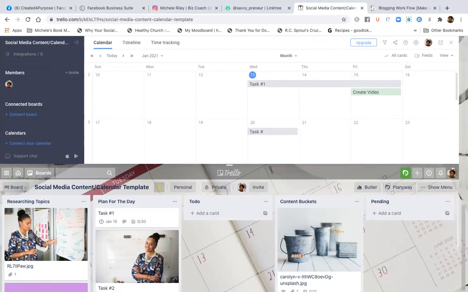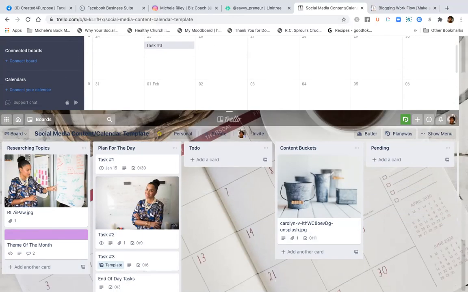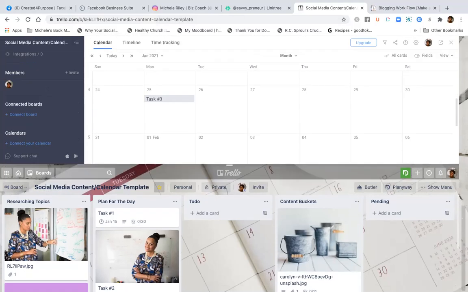So then when you go up to your calendar, it's going to be right there in your calendar right there. So let me just jump over to show you if you are scheduling any of your social media posts on your social media pages, and if you have like Hootsuite or Buffer or those type of different social media scheduling tools, then you can go ahead and schedule it that way.